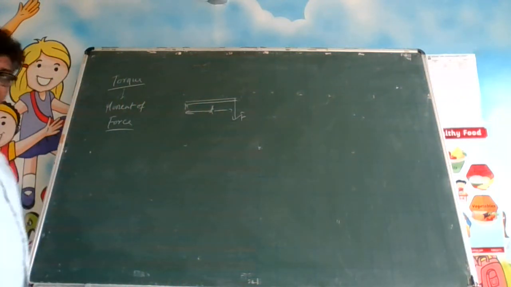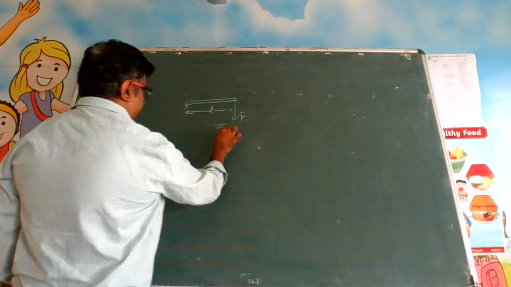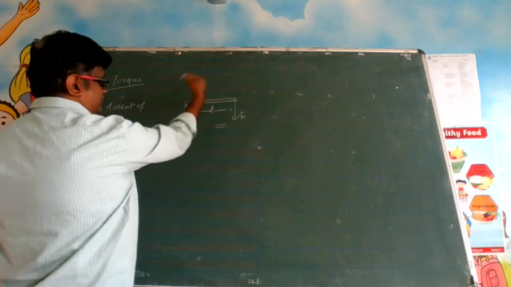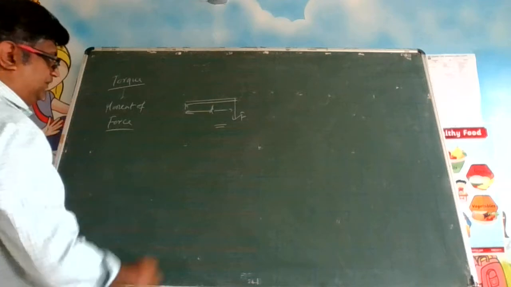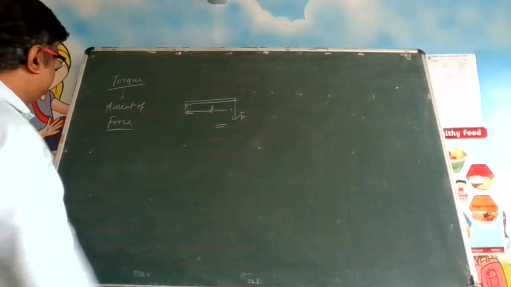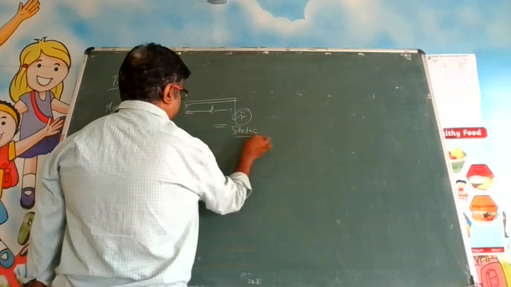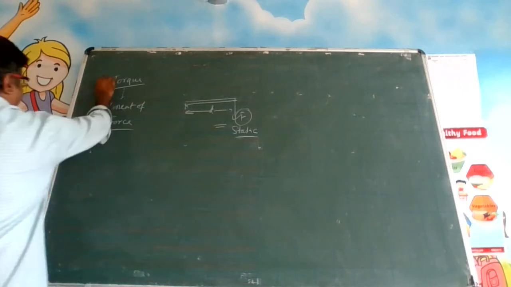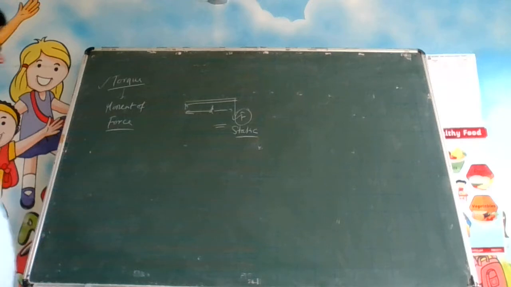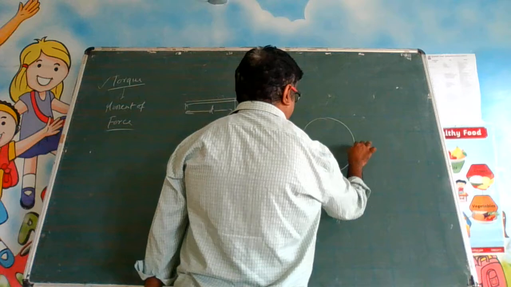Torque also is a moment of a force, but there is a difference. In this situation, see, it is trying to rotate. Given a chance, it will try to rotate this bar. It is creating a tendency to rotate. That is the moment of force. But this force is mostly static. It's going to stay there like that. But what is torque then? Okay. Now, if you see a circular motion, let us say there is a mass.